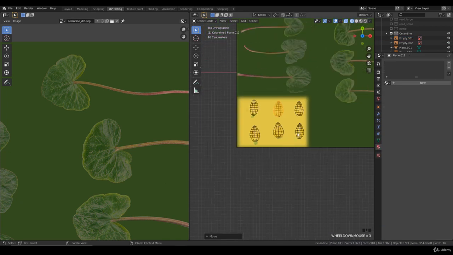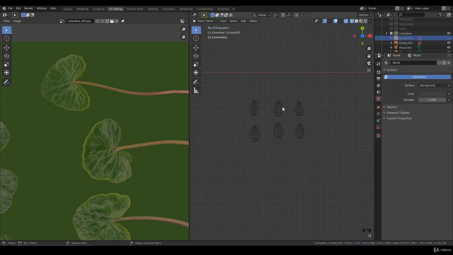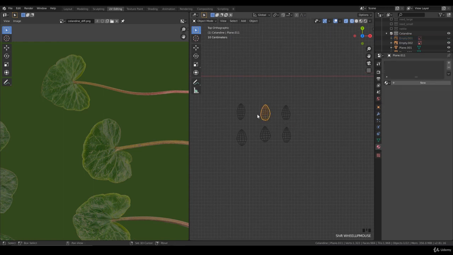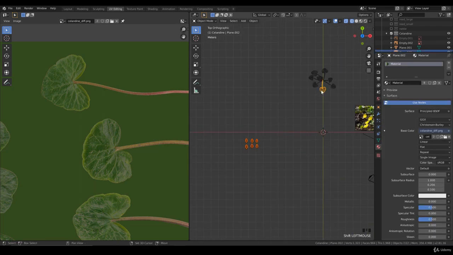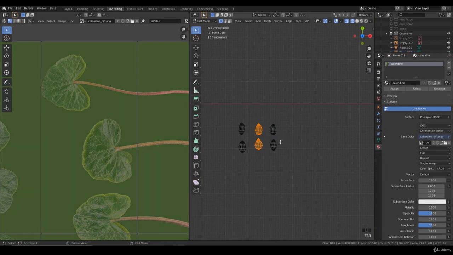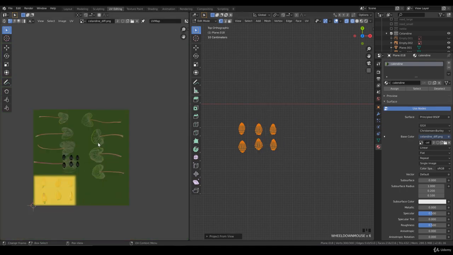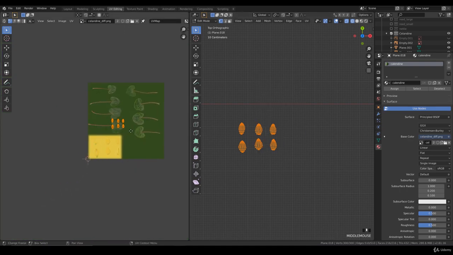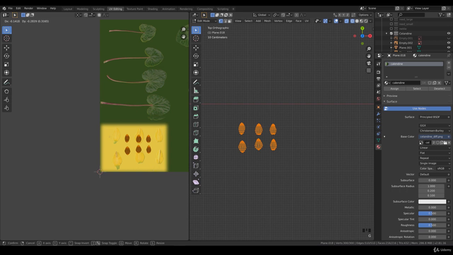Alright, we have all separate objects. I like to hide the background image, so it was a little bit distracting. Let's select all of these leaves and Shift left click on one of these celandine leaves and share the material. And you should name it. Very important. So left click on one of these yellow leaves and go to edit mode, and we want to have an image projection. This works a little bit different because I moved these, so we have to put these in line by hand,